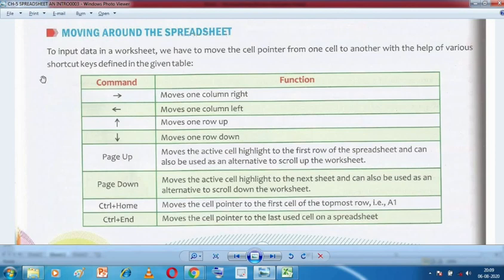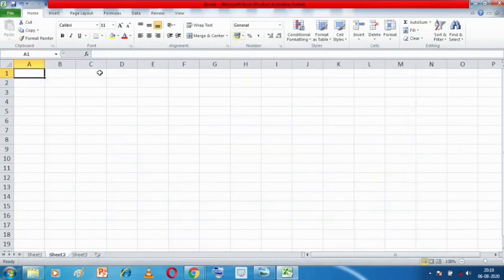So what they are saying is that to input data in a worksheet, we have to move the cell pointer from one cell to another with the help of various shortcut keys which are defined in this table. Suppose I entered something in cell A1.